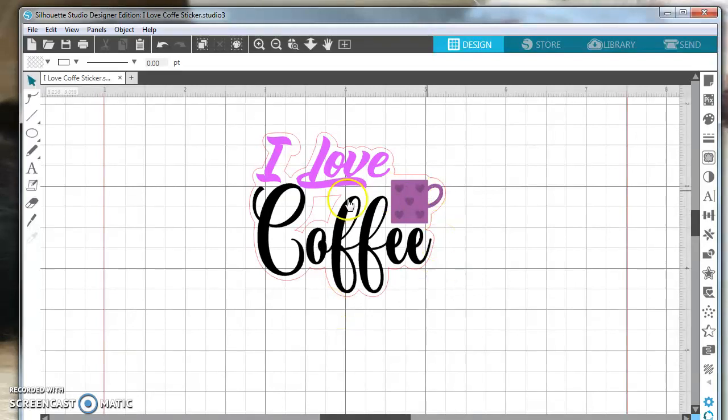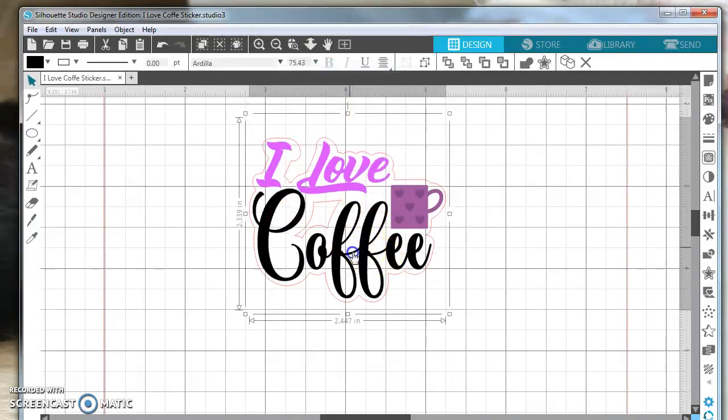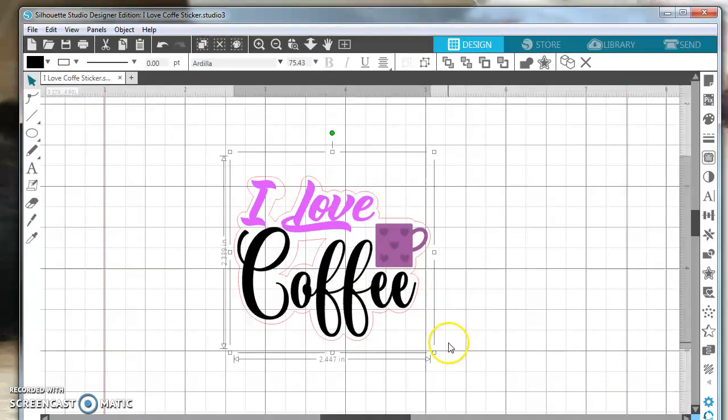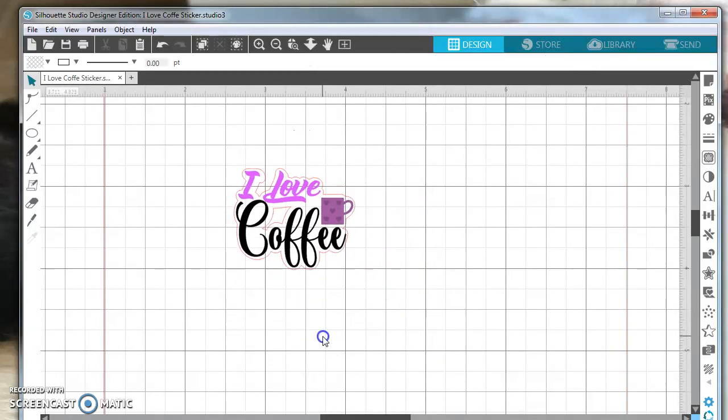It doesn't bother me that some of the artwork is closer to a cut line, because when you cut out white or clear sticker paper, it's not really going to show. Now you group the whole thing, highlight, and then say group, and now you have your sticker, and you can resize it. Let's say you're putting it in a happy planner. You probably want to resize it maybe to about, well, 1.5 width,